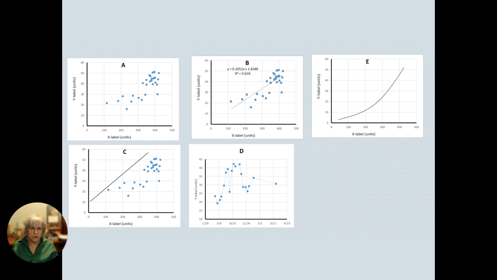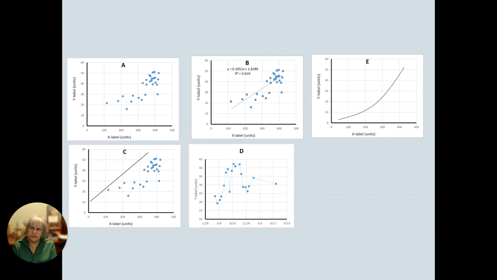So for example, we have data logger data for 5 years at 5-minute intervals. Well, if I put the symbols on that, you'll never be able to see the line. So that's when you would use a line. I'm sorry, you would use just a line and not the symbols. E